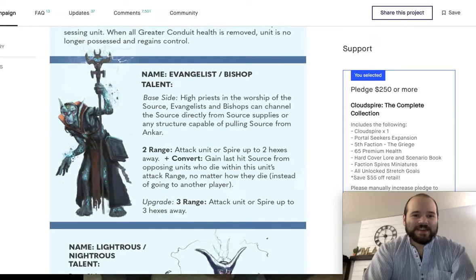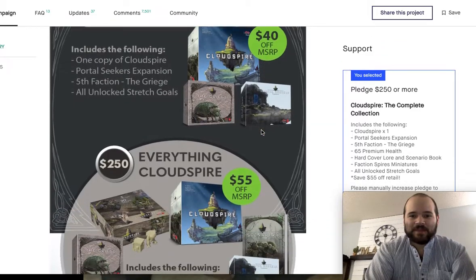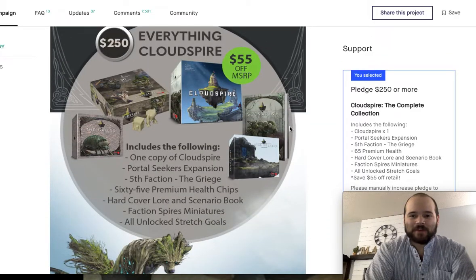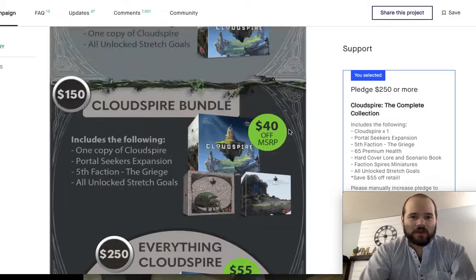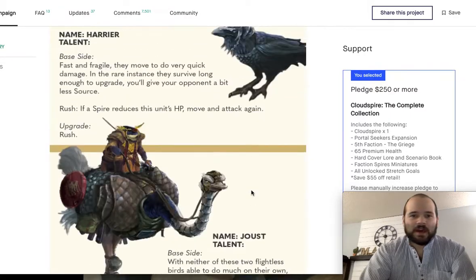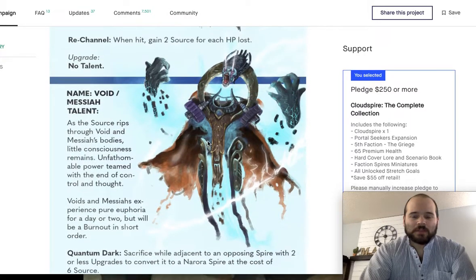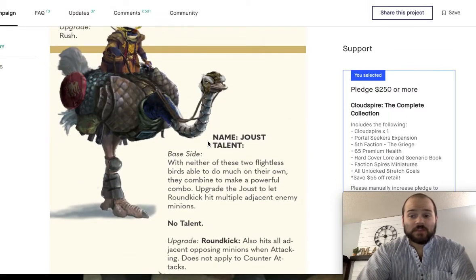Number 6 is Cloudspire. Now, Cloudspire has a campaign book that has a huge amount of scenarios in it, and these scenarios are for cooperative and solo play. Now, the cooperative scenarios are amazing. So my wife and I, we've played some of the scenarios, and she loves playing the birds, and I really like playing the Narora, the energy people. So there's some good scenarios between those two, and specifically, the scenario that I want to talk about is Shared